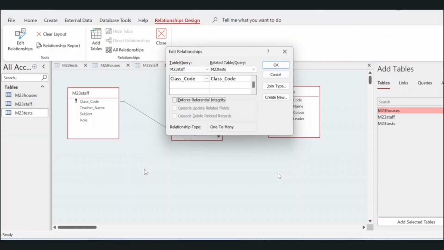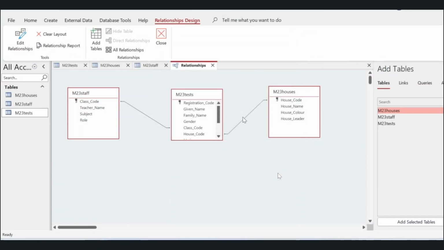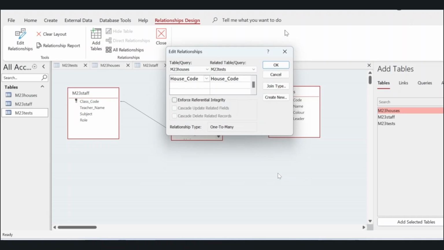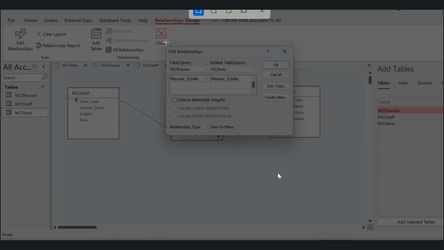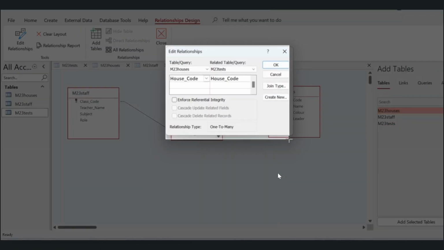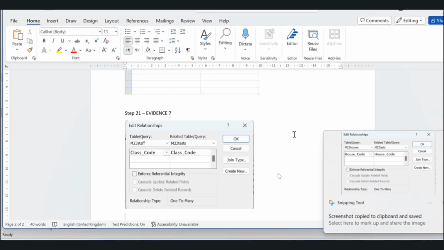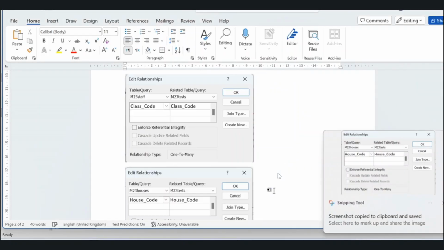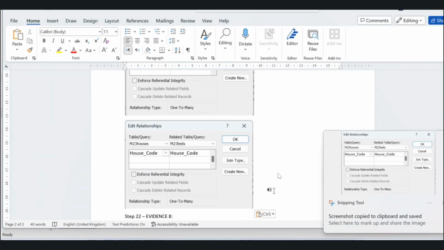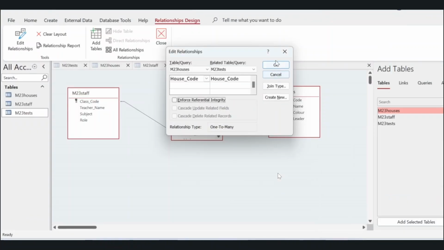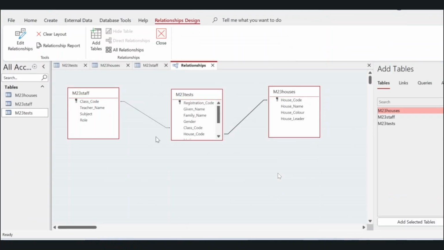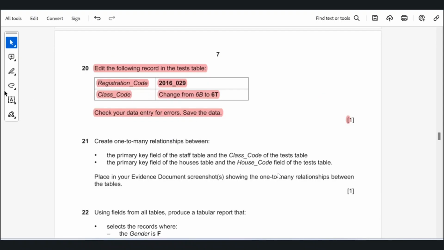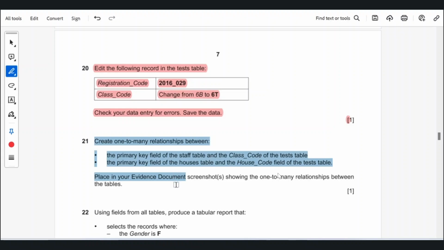21. Okay. It's done. So 21 also done. Now next,